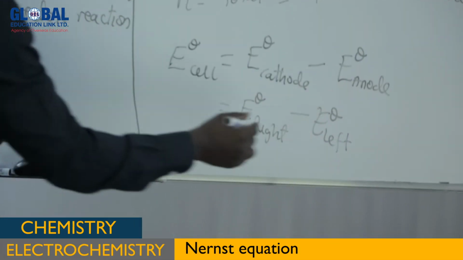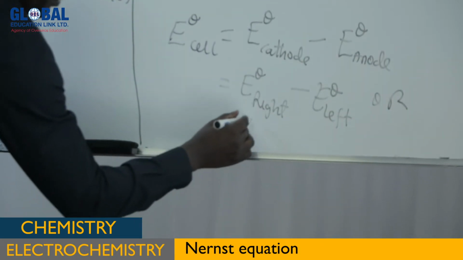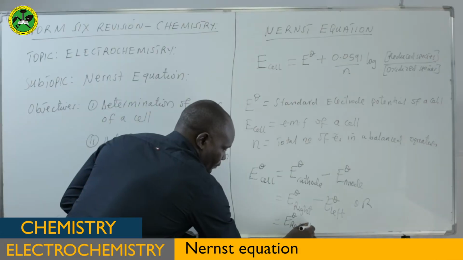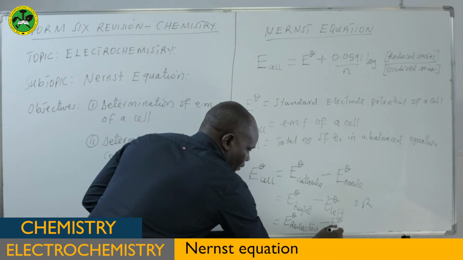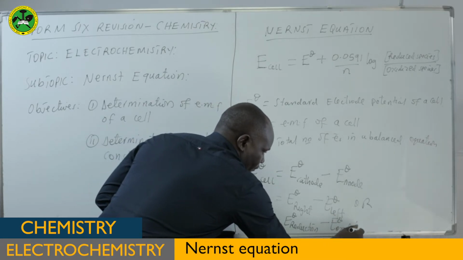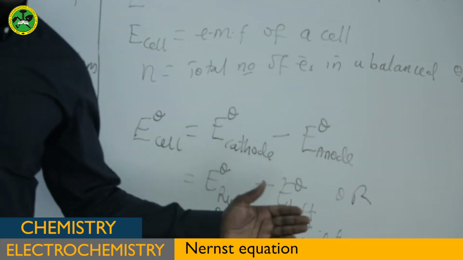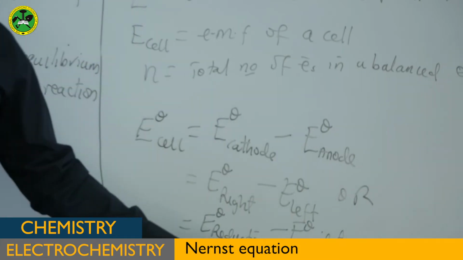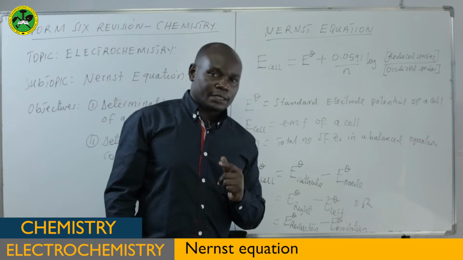So you can write this equation as E reduction minus E oxidation. Now, if you are given the electrode potentials, how can you determine the species that will undergo reduction and the species that will undergo oxidation? Remember that